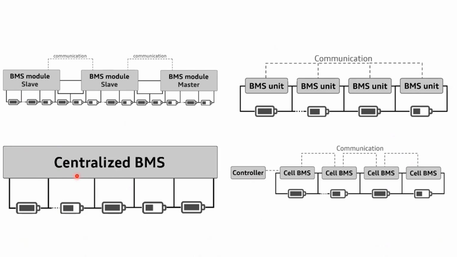One of the important categories is the centralized BMS. In the centralized BMS, as we have seen, if the number of cells is small, for example 48 cells or 96 cells, it is possible to take measurements of each cell: SOC, voltage, and temperature of each cell. We can communicate to one particular microcontroller, all this information will be processed, and then from the main power command we can give commands to all the cells. But as the battery pack size is increasing day by day, this centralized BMS option is no longer valid.